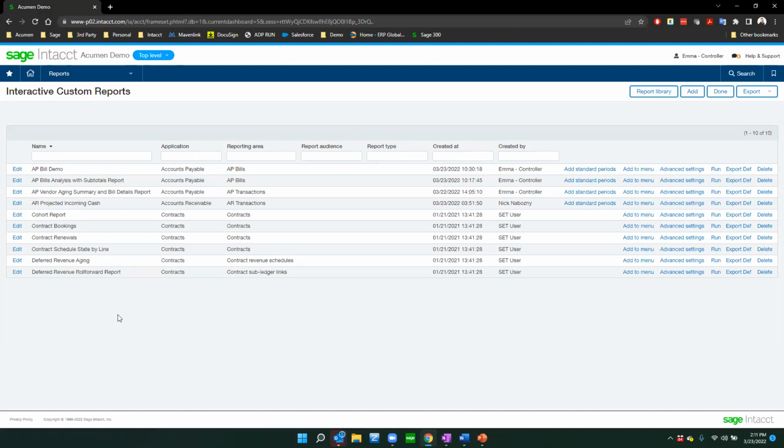organization. To do that, I thought first we might take a look at some of the different reports that are in the system, run them, kind of experiment with them, and see how we can tweak them to make them fit our needs. So the first report I'd like to run is the AP Vendor Aging Summary and Bill Details